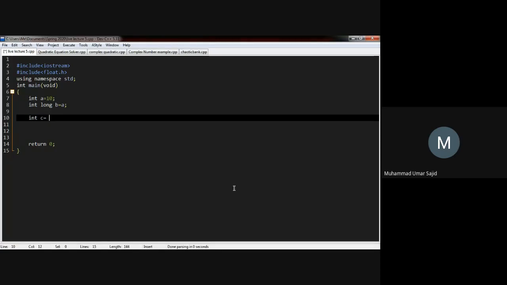So let's say integer c equals to int(2.7). This line is actually calling the constructor of the integer class, making an integer object, and initializing it with a value of 2, because an integer can only have whole numbers. It will just truncate this; it will not round it off to 3. It will just pick the whole number part, 2. The end result is the same, c will contain the value of 2. However, if I write something like this, integer and then 2.7,